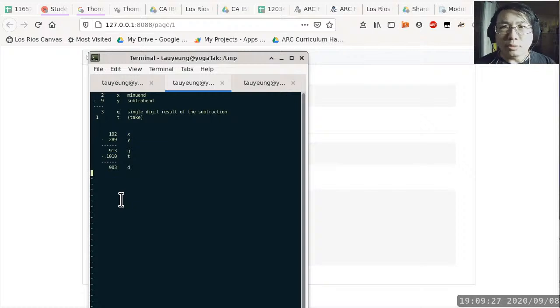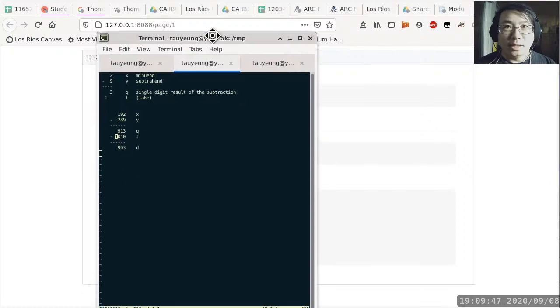Okay, let me use the mouse pointer to point to where the borrow is. So we have an overall borrow of 1 here. This 1, but this borrow is not exactly a quantity of 1. It is 1 of, guess what, 1,000, okay? So the best way to have a mental picture about this is,